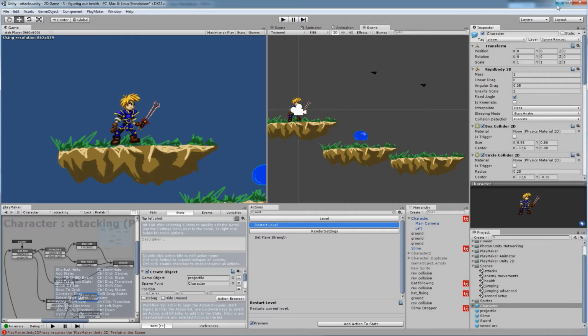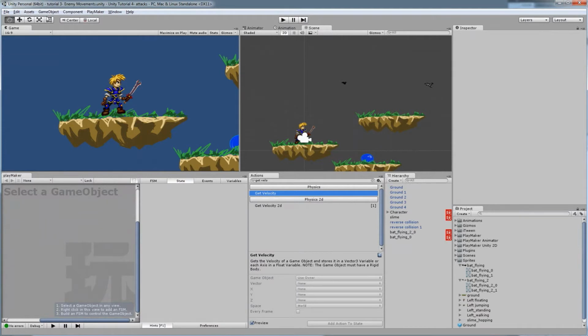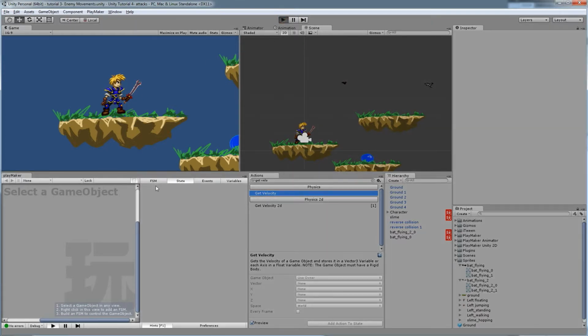Let's pause that one, close this out. And so I'm using Unity 5 again, but this should be the same steps for Unity 4. Some things might be slightly different, but most everything should be the same. Alright, so the first thing we want to do is take our new sprites and put them in here. Or actually, the last thing we have in this video, if I press play, and the last video